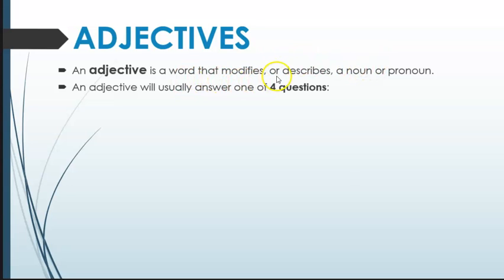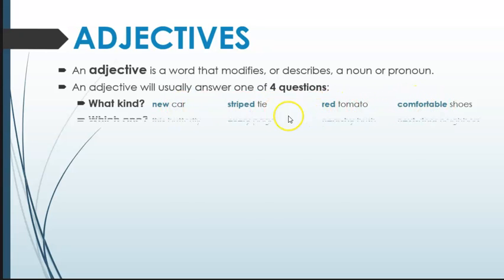They usually answer one of four questions. So they'll tell you what kind, like a new car, a striped tie, a red tomato, or comfortable shoes. So they'll tell us what kind of car, what kind of tie, what kind of tomato, and what kind of shoes. They might tell you which one. Words like this butterfly, every page, nearby bush, or next door neighbors tell us which neighbor, which bush, which page,